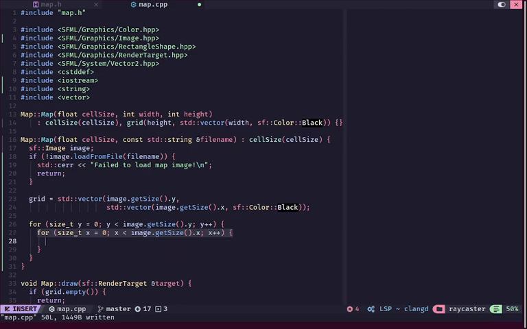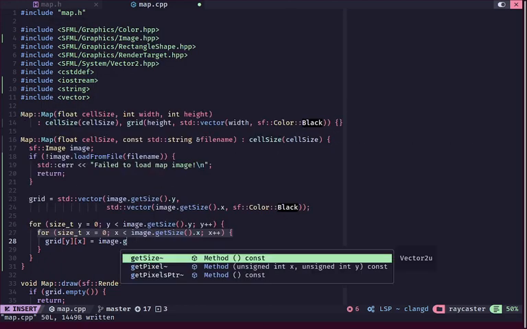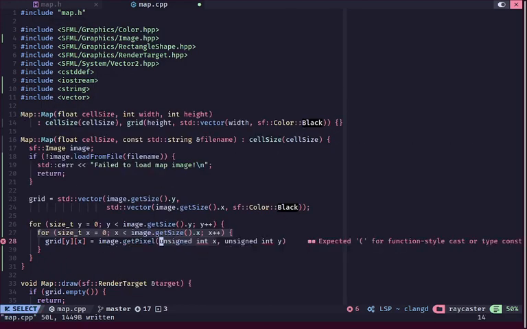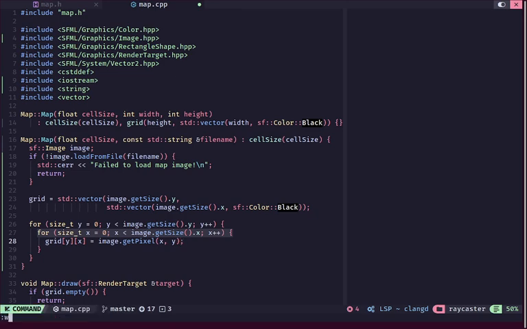And now we'll say grid y x is equal to we'll take our image. So we'll say image.getPixel. This is a built-in method inside of image which will allow us to get the pixel. We'll pass it in our x, and we'll pass in our y like that, and this will get the image pixel and set our grid to that